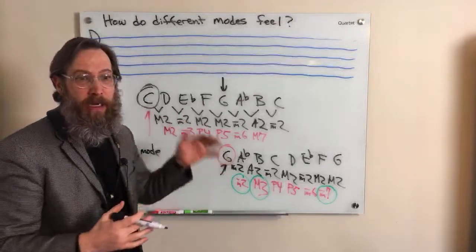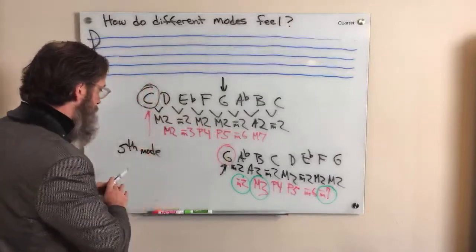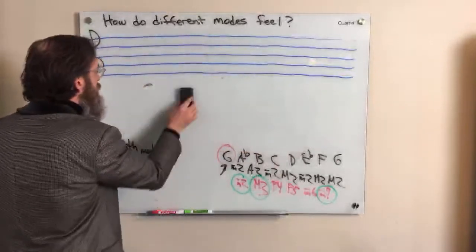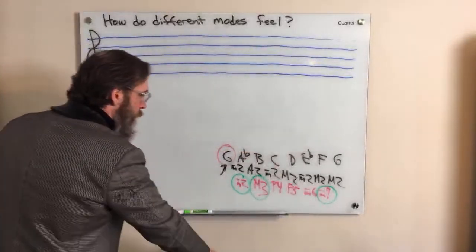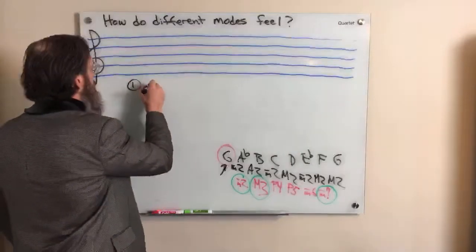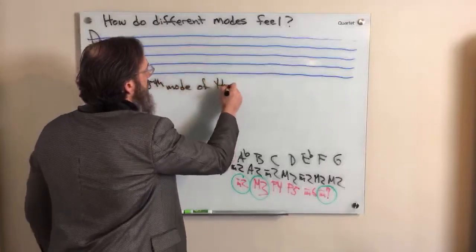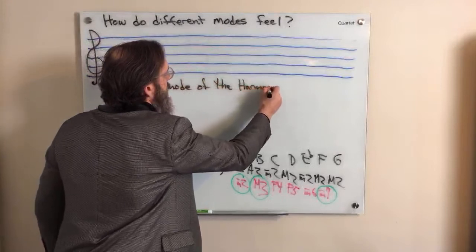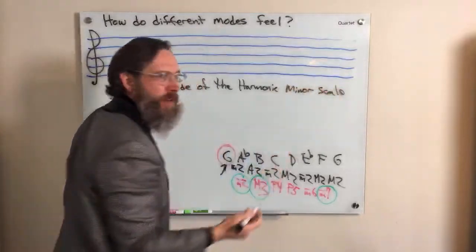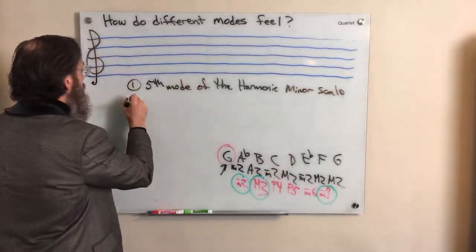So you have that aspect. Then you have what's called Spanish, some people call it Spanish Phrygian. I'm going to start writing out all these names here because I want you to have all this so you can see one scale having how many different names, right? So name one, fifth mode of the harmonic minor scale. It's not even a name of a scale, but more of a descriptive aspect of where it's coming from, right? Another one is